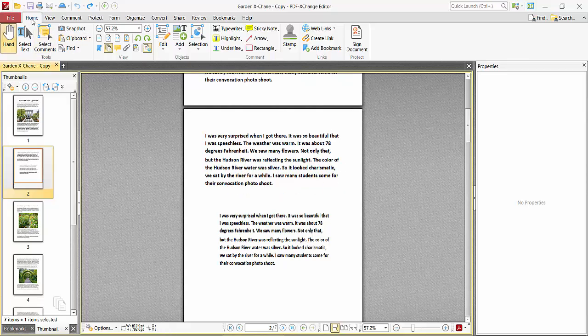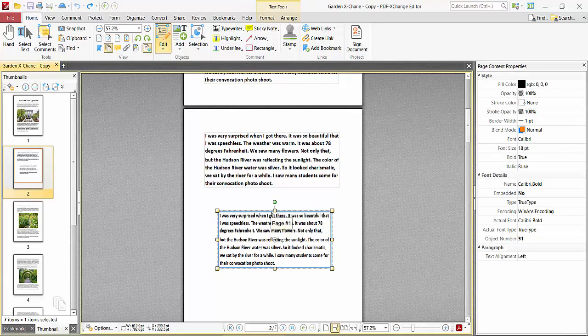Now click on this Home option, already selected, and here you will find this Edit Text option. Click this down arrow. Now select Text, click on the text box you want to fill, and select it. Now press the mouse cursor's right button